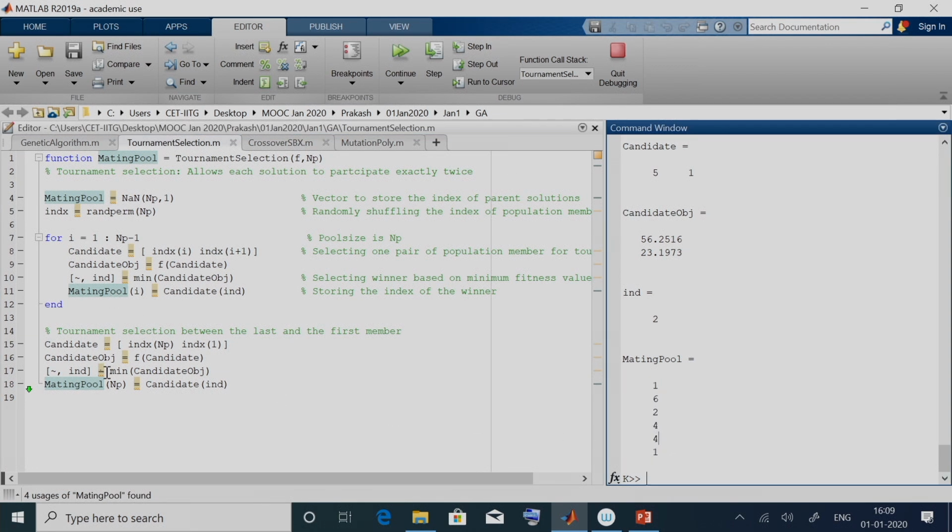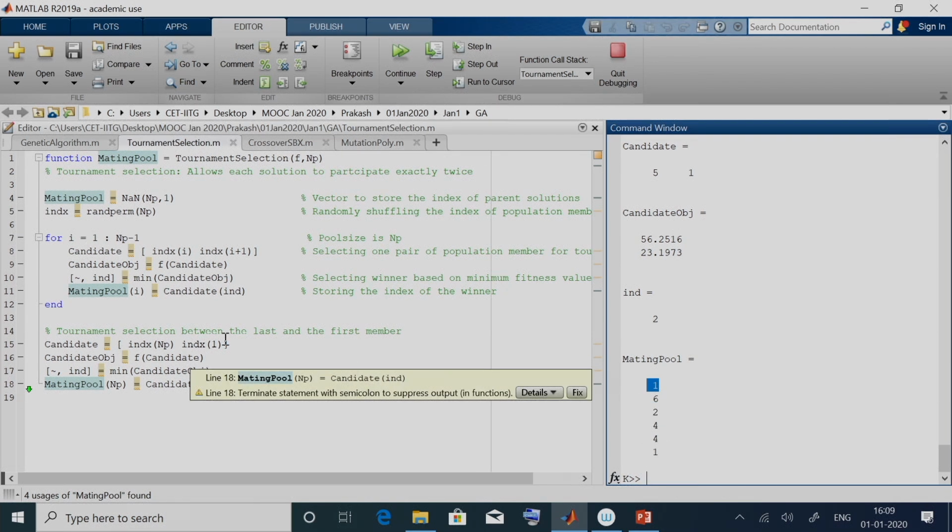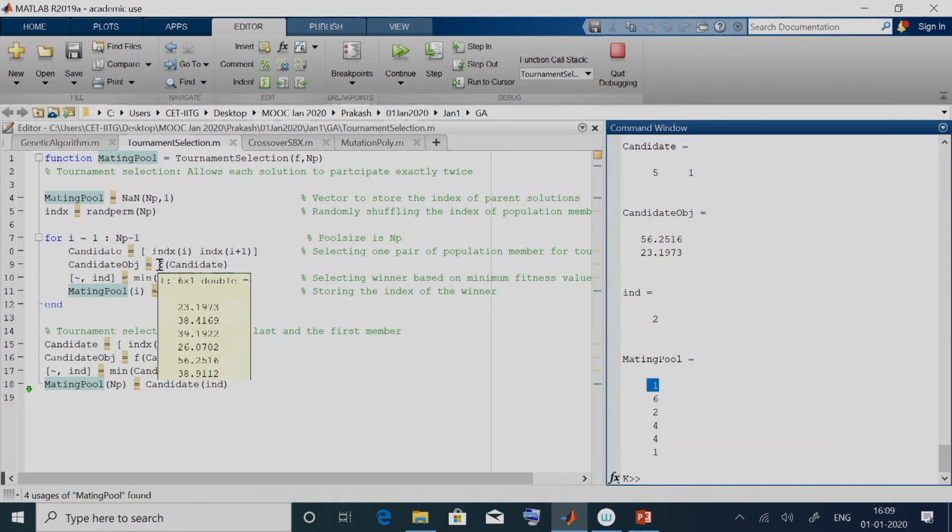Here, if we look at the fitness function, this is something which we did while learning the genetic algorithm. The best fitness function value here is 23.1937, which is the first solution. As we discussed, the best solution will definitely appear twice. One is appearing over here, one is appearing over here. Similarly, the worst solution, if we look at F, is located at the fifth position, 56.2516, and the fifth solution does not find a place in the mating pool.